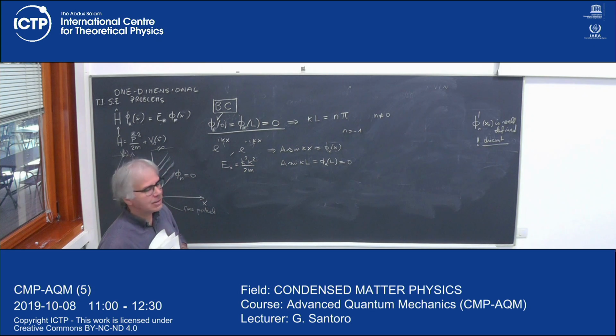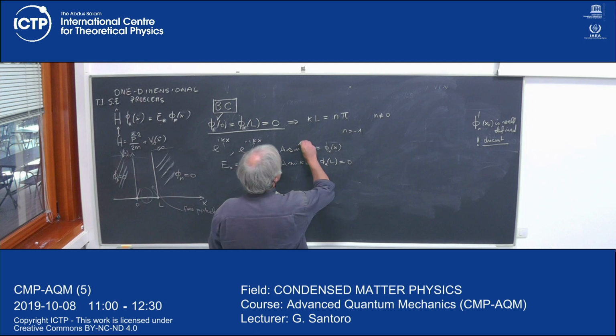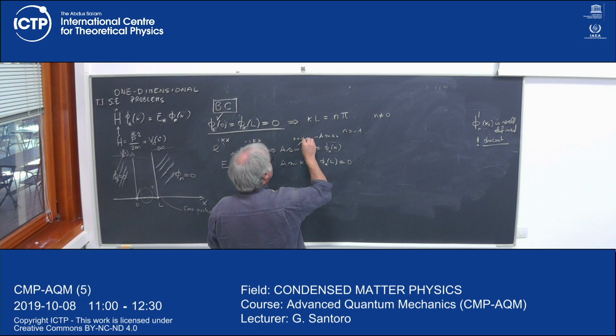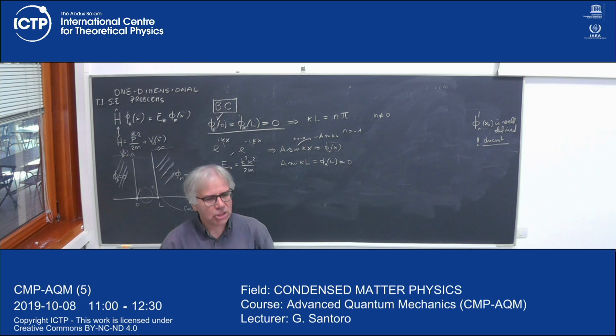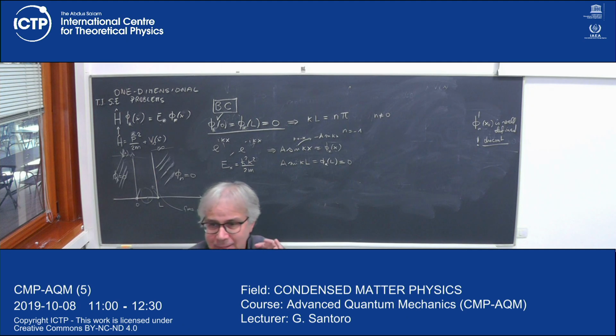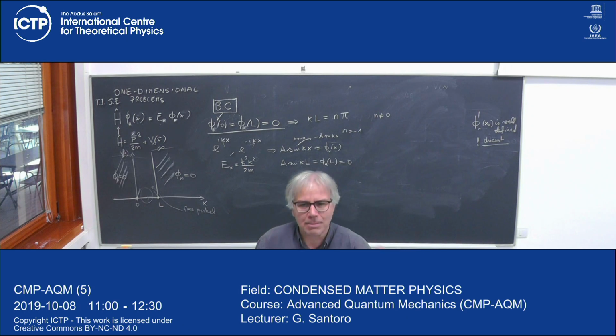What happens? If you change sign, the sine changes sign. So the wave function becomes minus A sine of kx, if you send k into minus k. Well, but the wave function that is minus itself, is this really a different function? But it's a phase. It's in fact a sign, okay? So it doesn't really matter for the wave function because for the probability it is a modulus square. You might say, but the phase might be important.